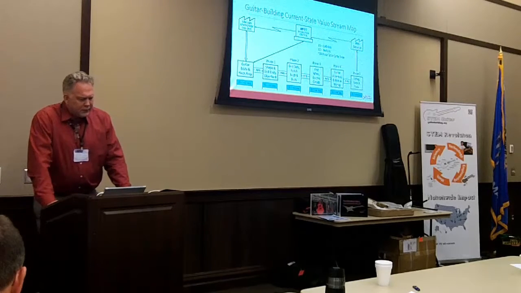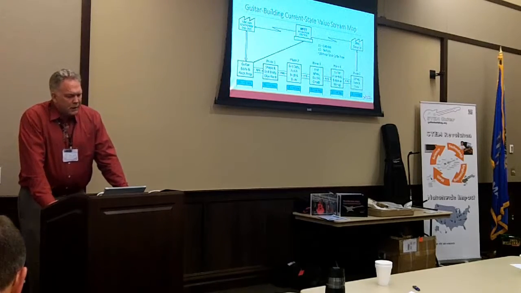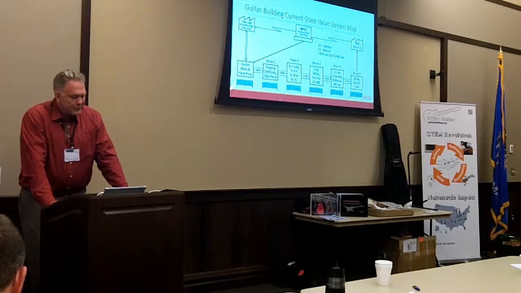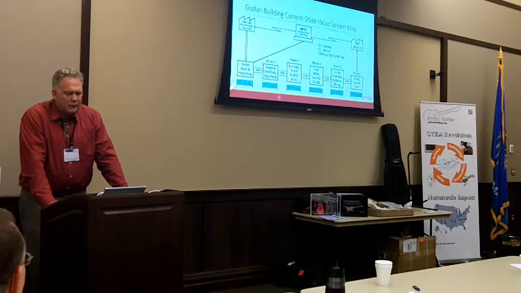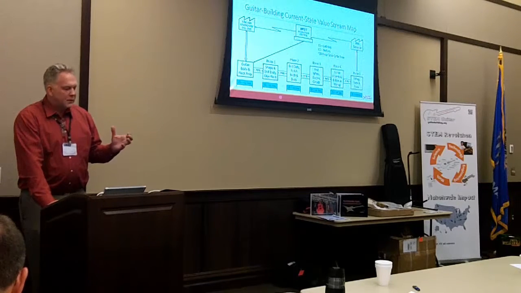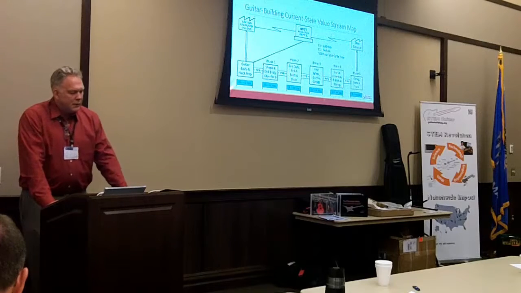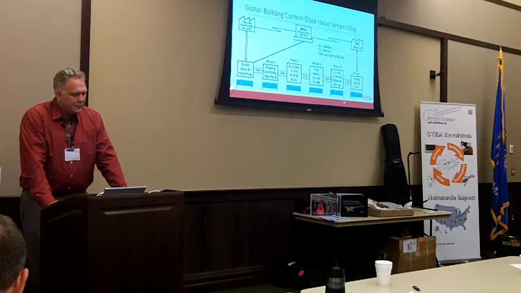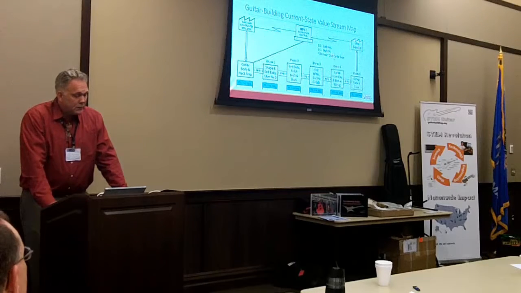So this is what the current state value stream map would look like for our process, because it has 6 phases. And really these phases are a lot like the phases for when you went through your workshop. We spent about half a day on each of these for 5 days, so the phases divide up pretty much that way. And then of course they end with the jam sessions. So 15 luthiers with 15 guitars this semester, and we expect about a 20-hour total cycle time.